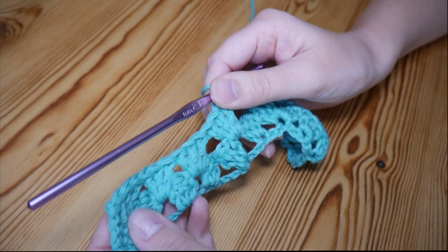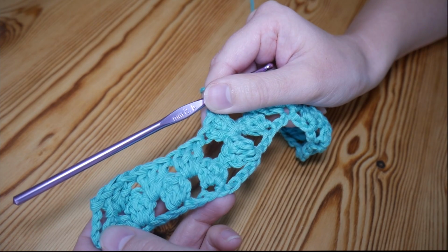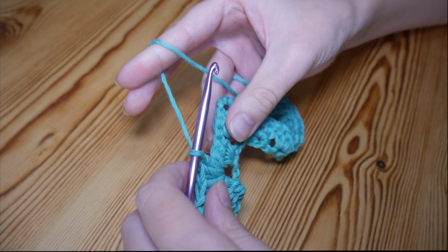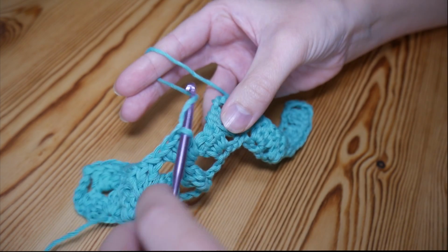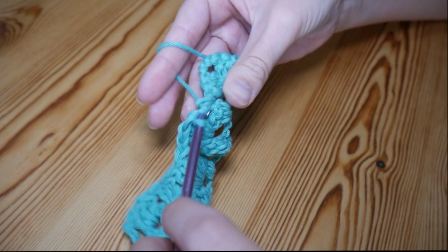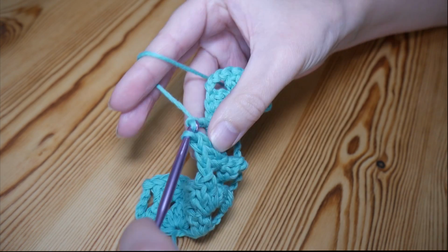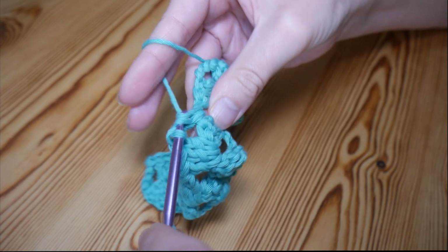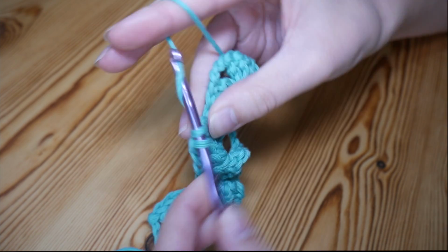so you can see now our dip is getting much more defined. So we've got our 3 clusters going down, and now we want our 3 going up. So we've got 1 going up now, and then in between the next clusters you will create your next set of trebles. So 1, 2,